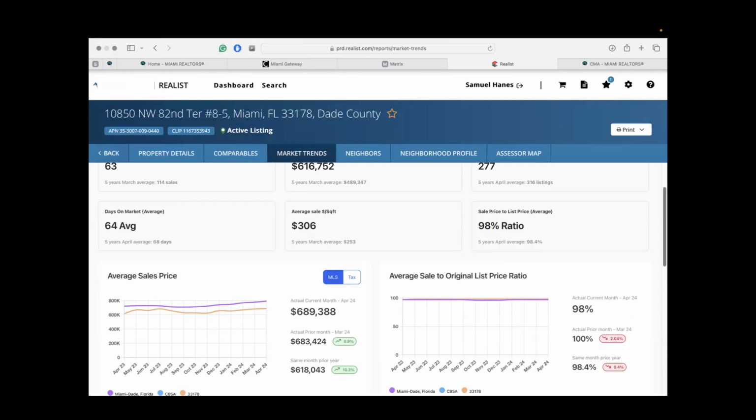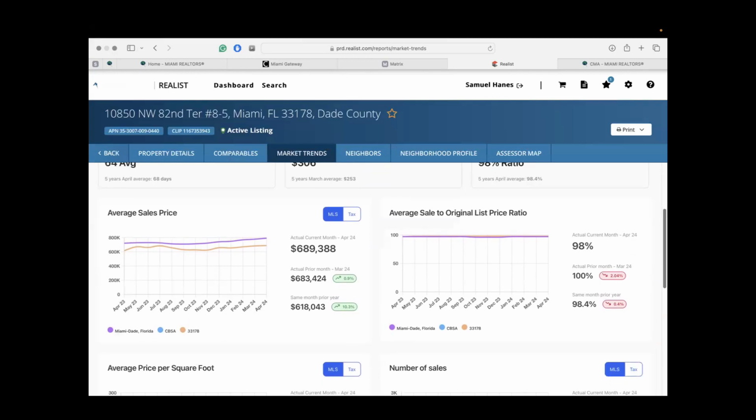All right, this is where it gets really fun. And this is where I can try to potentially convert that for sale by owner to list with me. So I can show them. I used to get this question all the time: how can I stress to a homeowner why it's important to try to have a realtor sell their actual property? I can show them two different data sets. So according to the month of April, we can see, based on the trend of homes that sold in the area, according to the MLS, homes are selling roughly around